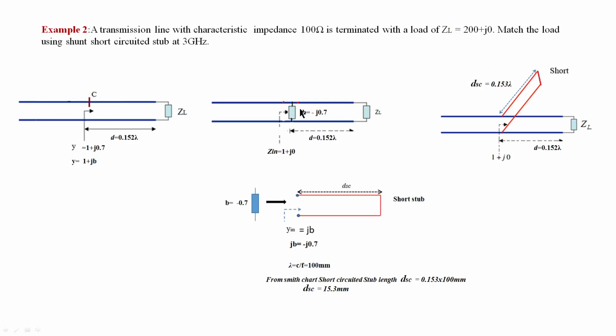This is the schematic that I showed. Actually there may be a capacitor or an inductor, but it is not possible to use a lumped element at RF frequency, so we implemented this susceptance using a stub. We connect a short stub like this. Its length is very important. You should note this down: what is the length of the stub to get that particular value of susceptance?